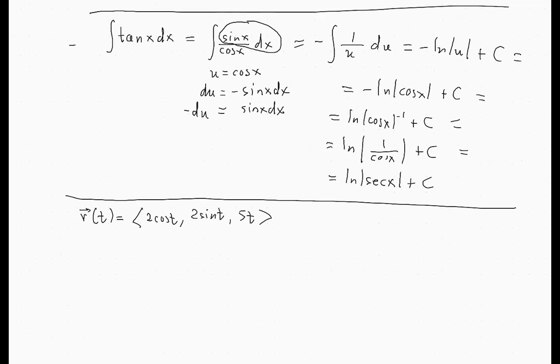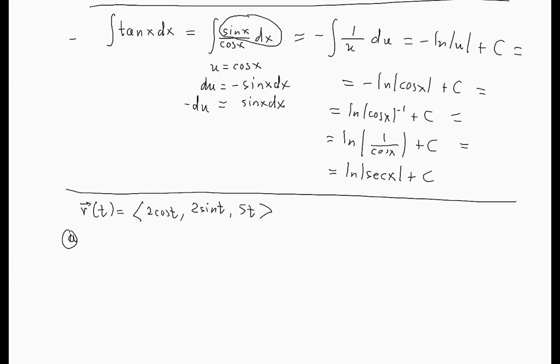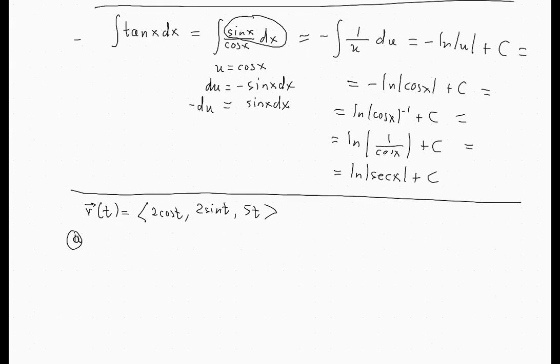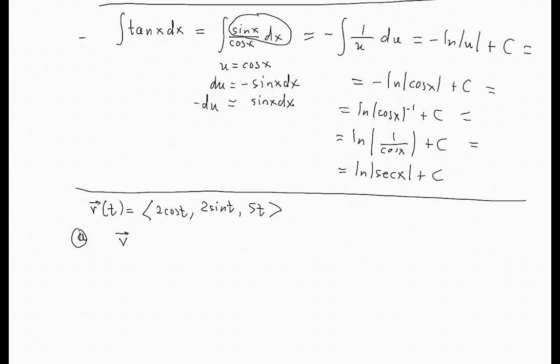But the first thing that we want to do is find the velocity, the acceleration, and the speed for t equal to pi over 4, this part A. So what is the velocity? For the velocity, we need to take the first derivative of the position, and it's going to be minus 2 sine t, 2 cosine t, 5. We can plug in pi over 2, and this is going to give us minus 2, 0, 5. Okay, so that's the velocity vector for